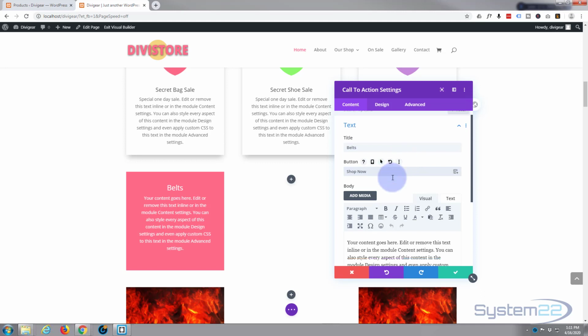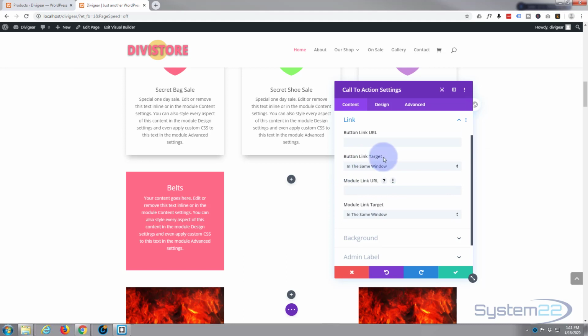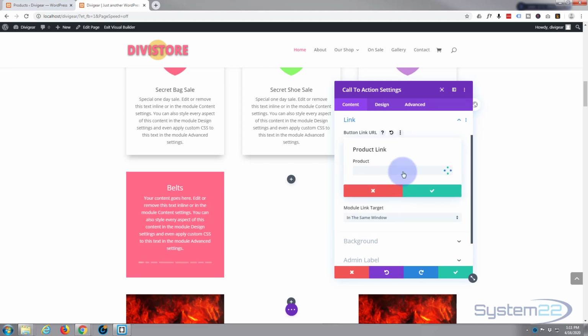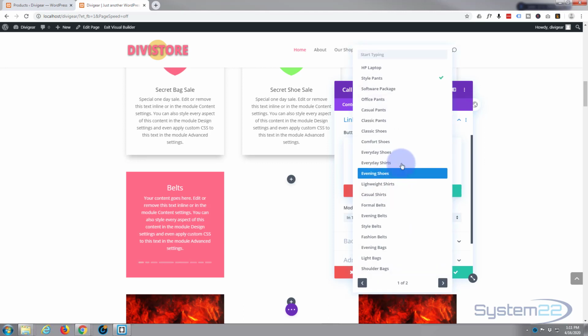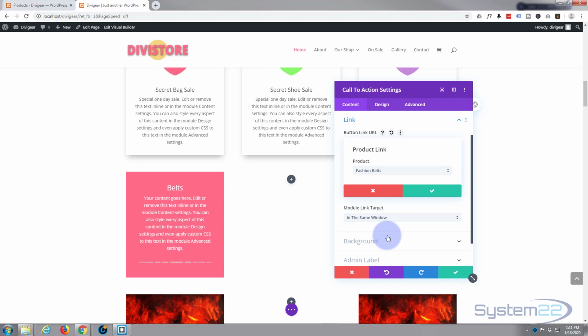Now before the button will appear, we have to actually put a link in. And so those are my fashion belts, so I'm going to use Divi's dynamic content here, and I'm going to link to my product, which is fashion belts. Now you can do a search at the top there, just type in what you're looking for. I haven't got very many products, so I want fashion belts. There we go. Save that